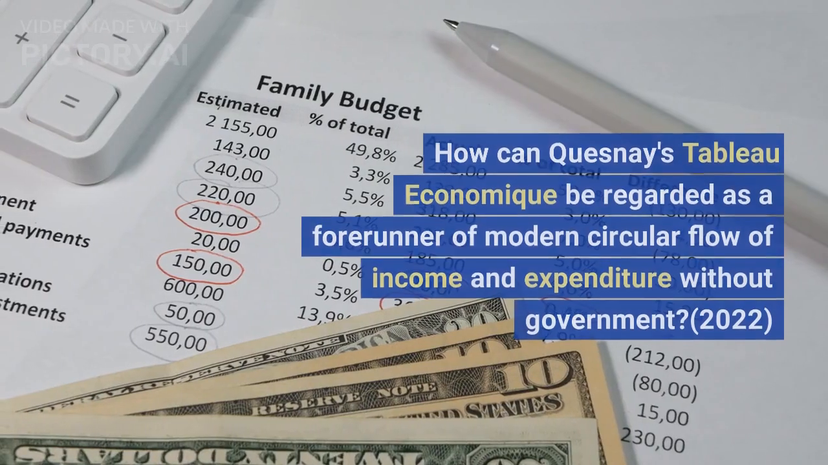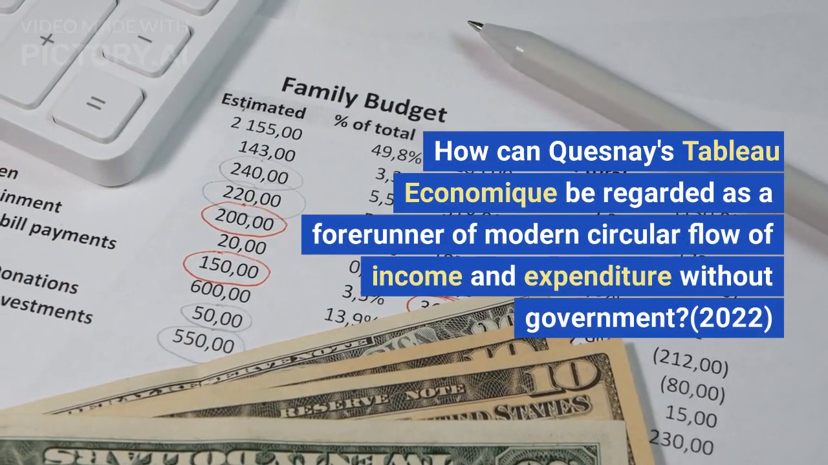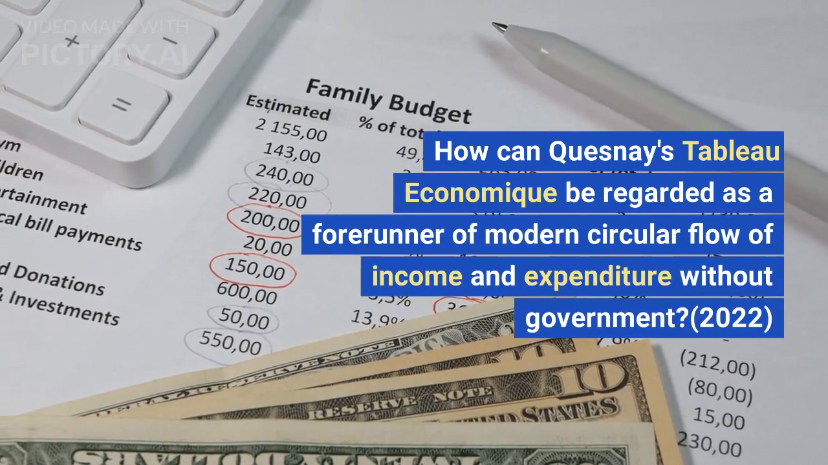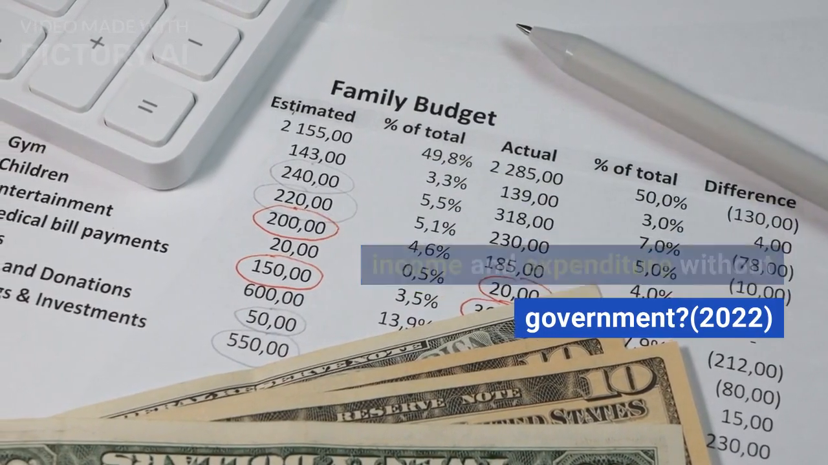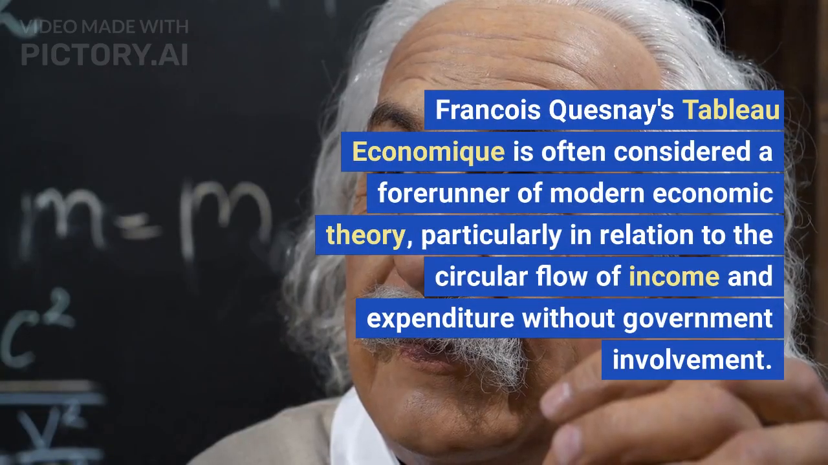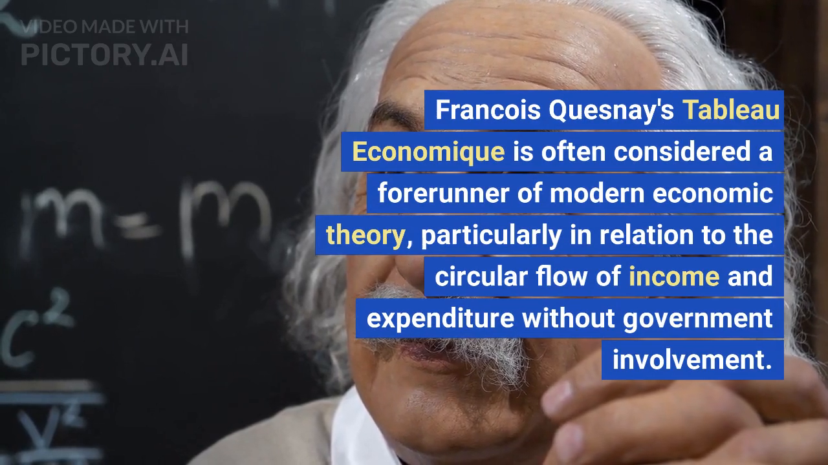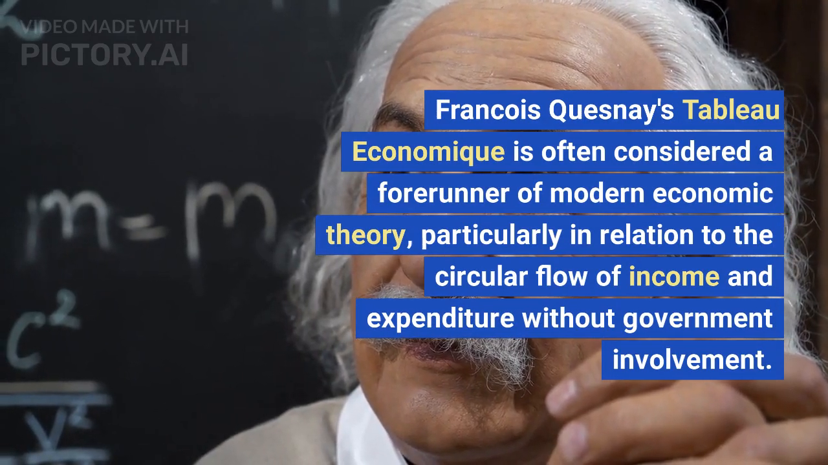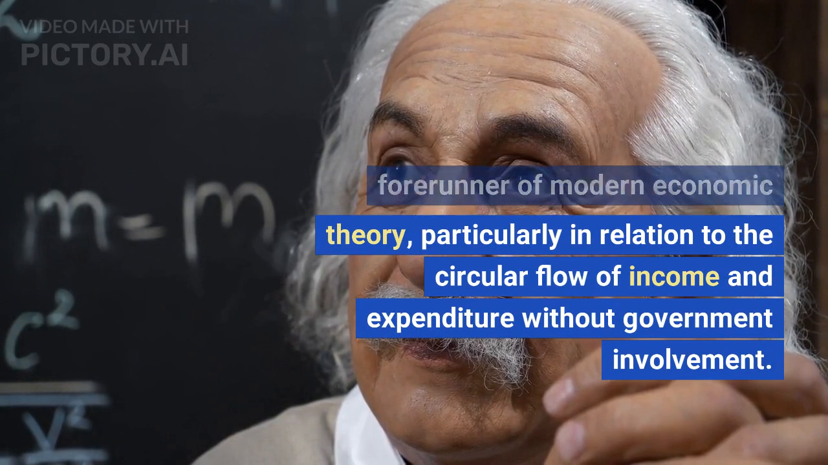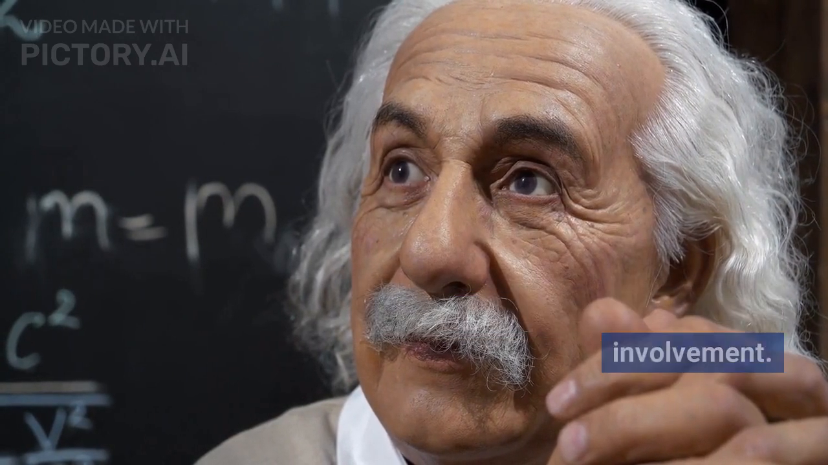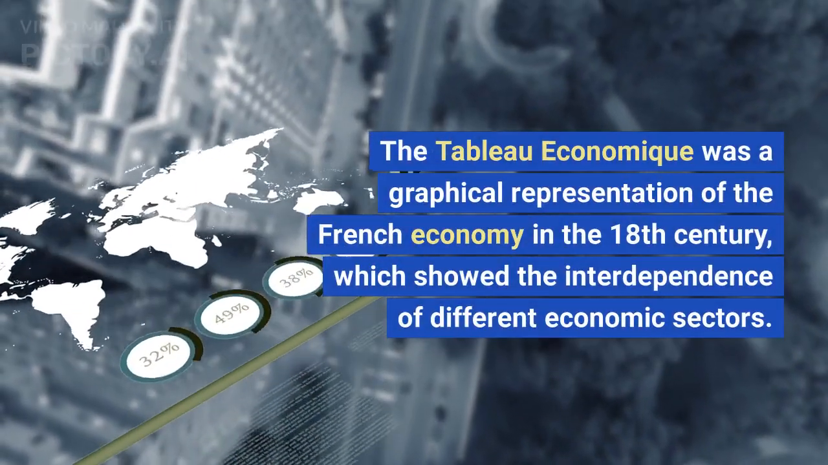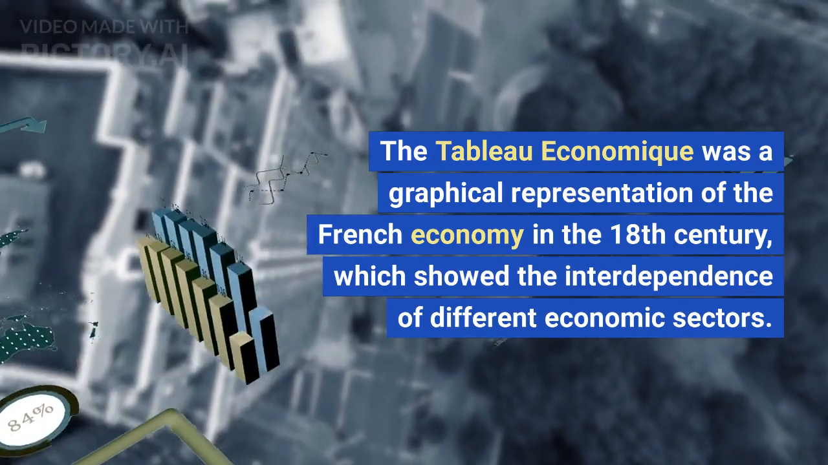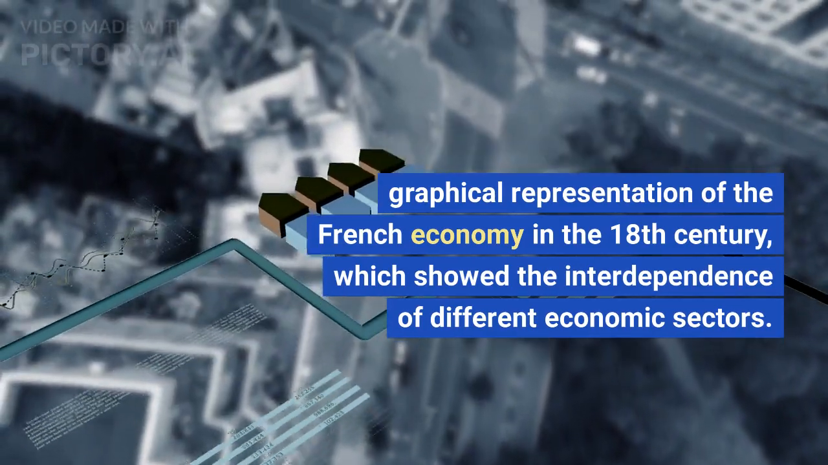Q1. How can Quesnay's tableau économique be regarded as a forerunner of the modern circular flow of income and expenditure without government? 2022. François Quesnay's tableau économique is often considered a forerunner of modern economic theory, particularly in relation to the circular flow of income and expenditure without government involvement. The tableau économique was a graphical representation of the French economy in the 18th century, which showed the interdependence of